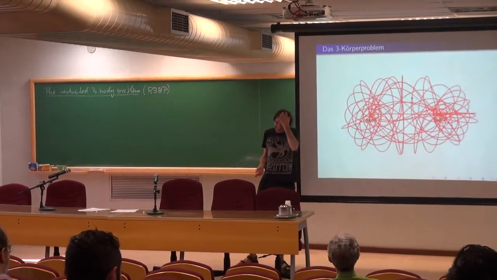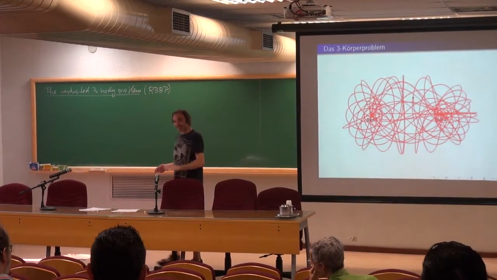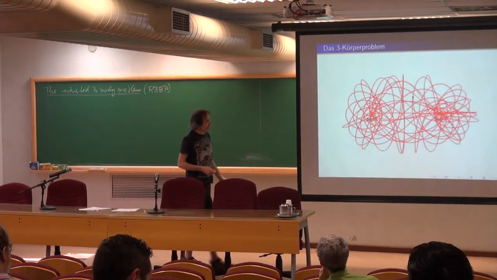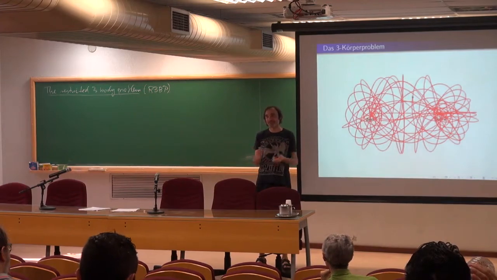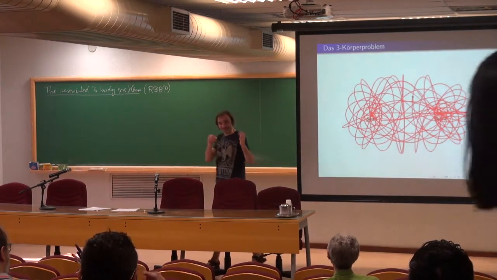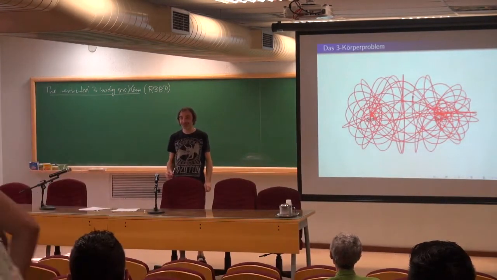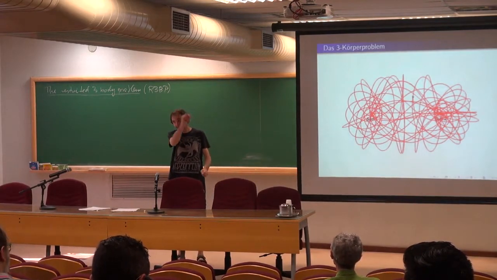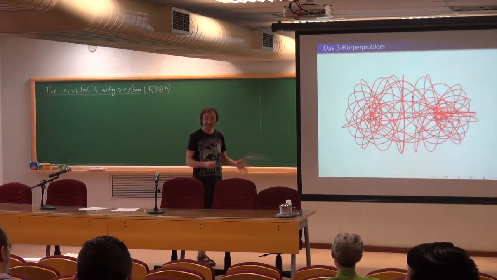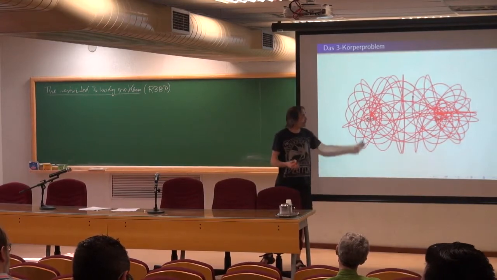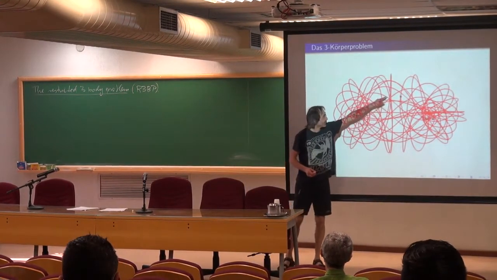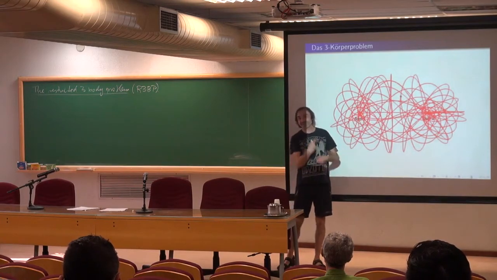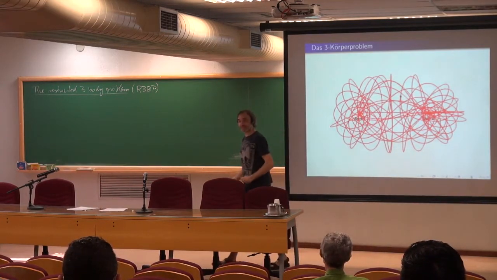So I was just going to start with showing you. We've seen repeatedly the pictures of the solutions of the two-body problem. Those I can easily draw on the blackboard. They're in a plane and they're moving on an ellipse, and that's it. And here's a typical solution of the three-body problem. You start with some initial condition and then you let it go, and you can watch simulations online,